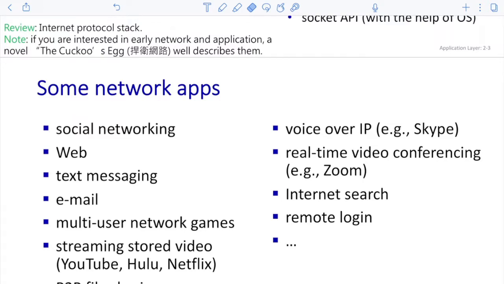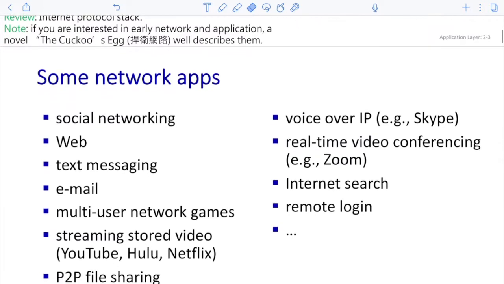It talks about the late 1970s or 1980s, when only very few people knew what computers were and what a computer network was. At that time, a security incident was observed in a university. The computer scientists were trying to figure out who the attacker was. But the attacker was a student in Germany, while the attack happened in the United States, so they had to use different techniques. They had to trace how the attacker attacked the computer system. So if you're interested in early network applications, I think it is a very nice novel for you